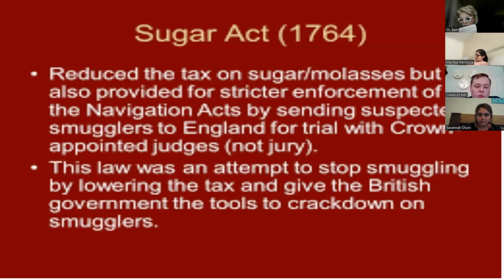So if you got caught smuggling, you're out of luck because they actually are prosecuting and they are looking for them. And a really scary thing is they did have trial by jury in some cases, but in this case, you would not have one. And in fact, you wouldn't be tried in the colonies. You're going back to England, where these are not people that think like you do. They have not lived your life, and they may not understand. And that judge, I can guarantee you, would not look kindly on you as a smuggler.